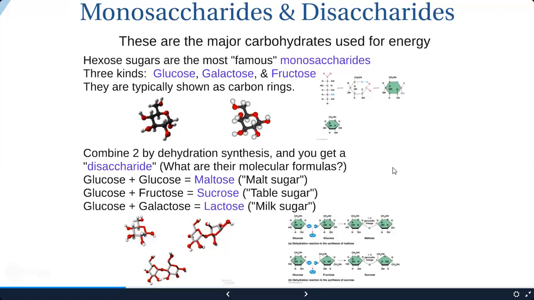In seeds, they store their nutrients for the growing embryo within it as starch. And then once those seeds start to germinate, the starch is broken down into maltose. And that's exactly how beer is made and other malt liquors. They take whatever the seed is, whether it's hops or barley or rye or even corn. They start to germinate those seeds, so the seeds start to grow a little bit. They add water to it, and so we humans harness the natural germination process, natural metabolism of these seeds